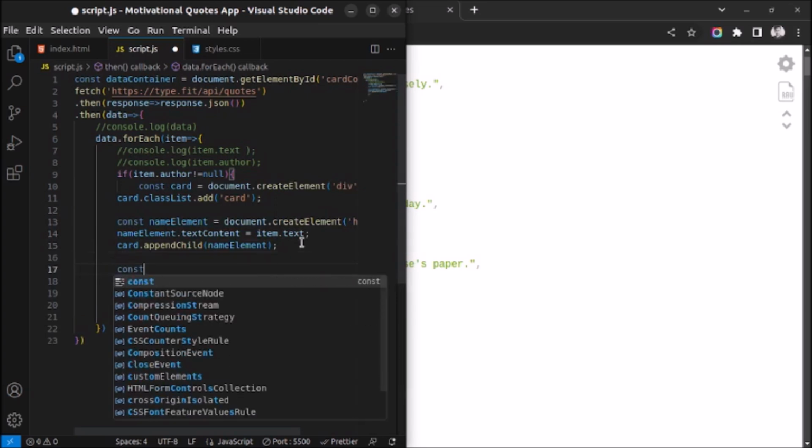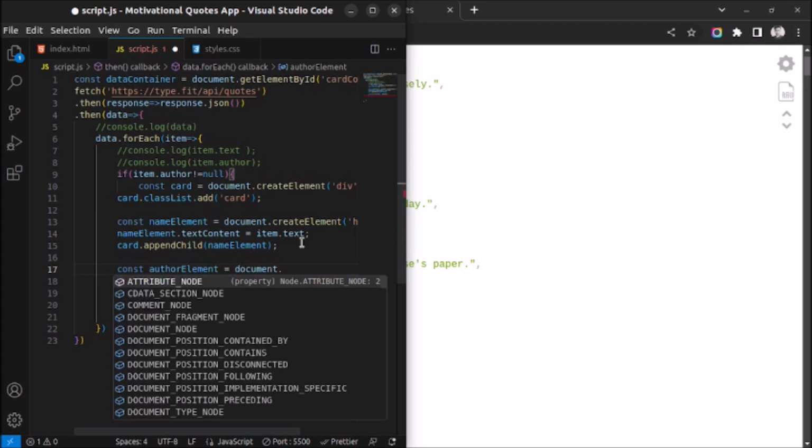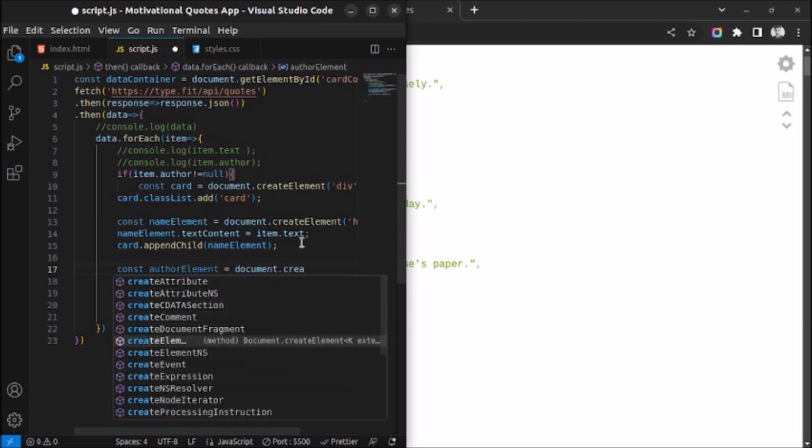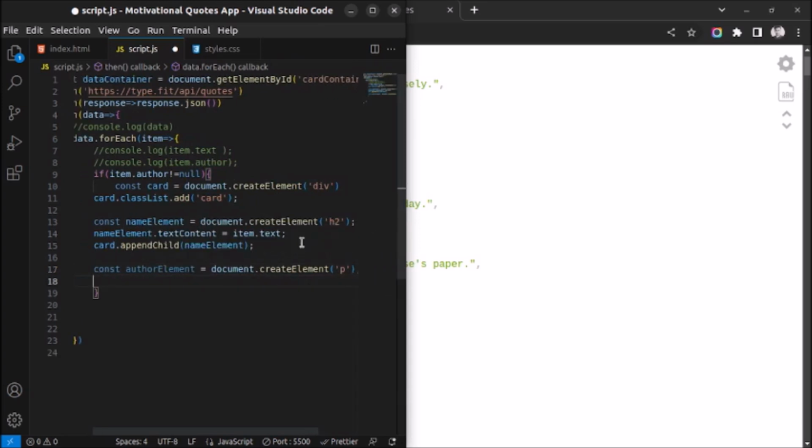So now const, let's create one more element, and we will create it using p tag, and I am calling it const author element equals to document dot create element, and here it will be using p tag. So we have done that. Now let's set the content of that. So author element dot text content equals to item dot author,